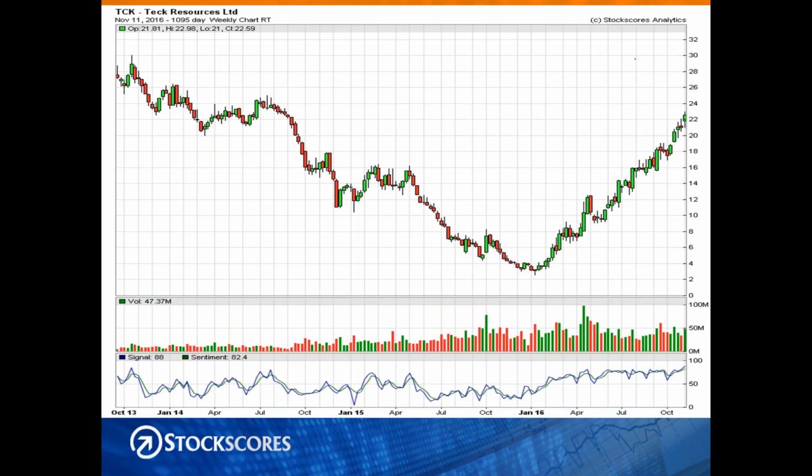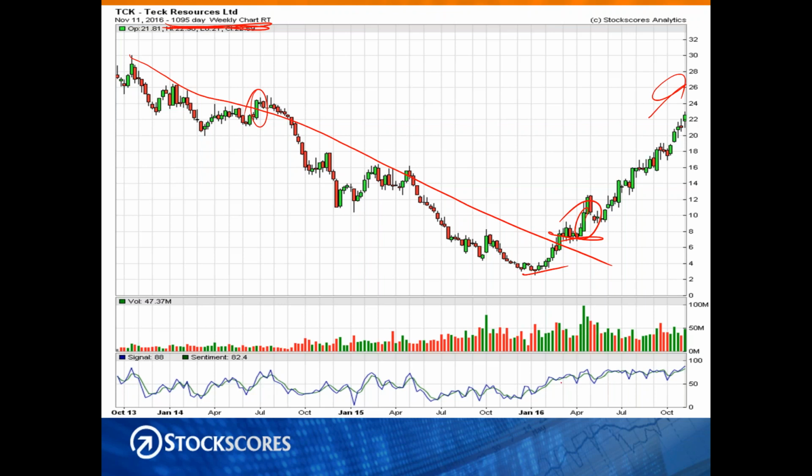You can look at charts on an even longer term time frame. This is a 3-year weekly chart, and in this case, each bar represents a week. So we have here going back 3 years, and the stock was in a downward trend, and then it broke its downward trend from a rising bottom. That was our cue to take a look at it in more detail. And if you follow tech, you know that it has gone even much higher than where it is in this chart. Now in this one, we also have the Stockscores indicators.